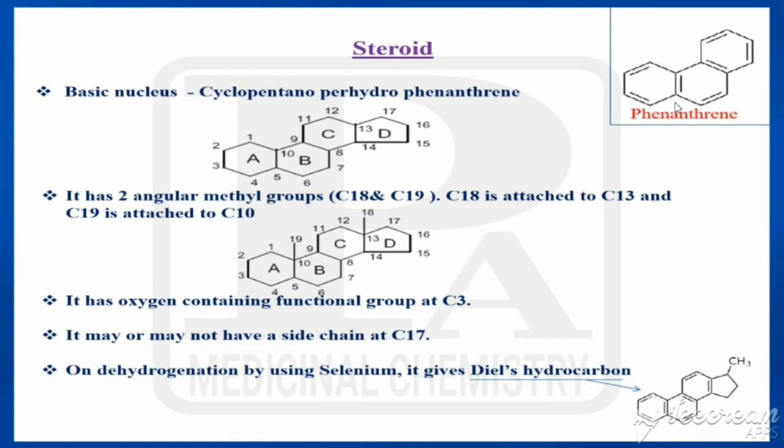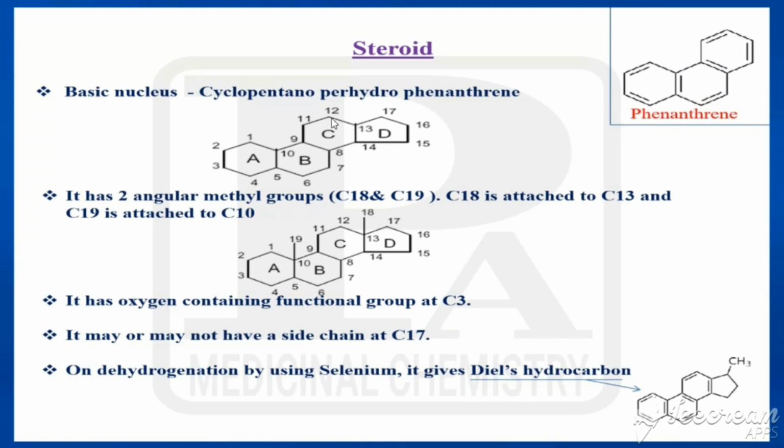This is called a phenanthrene. Fusion of 3 benzene rings can be called a phenanthrene. Look at this: phenanthrene has double bonds inside. But come to these 3 rings, they do not have any bonds inside. So what are they? They are saturated. How would the saturation be? Completely saturated phenanthrene, or fully saturated phenanthrene.